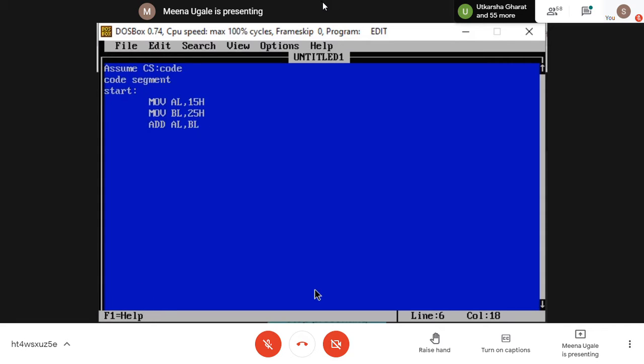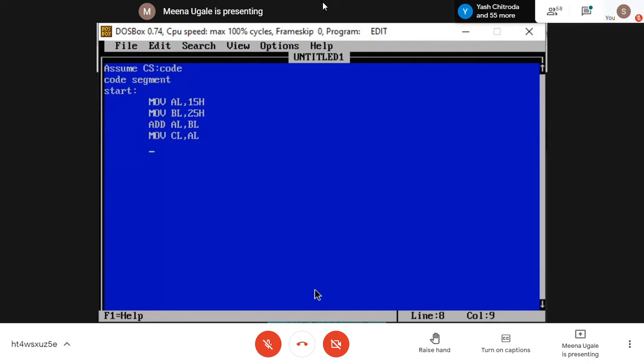If you want to copy your result and store it somewhere, you can write next one instruction move. I am copying my result in the CL register. At the end, I want to copy it. So I'm writing instruction like this. So my added answer, added sum will come in AL first, and I'm copying that in the CL register. So CL should give me final answer of my addition.